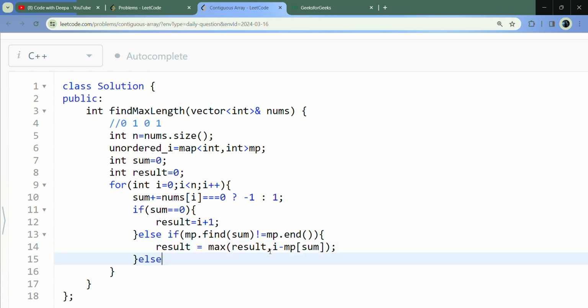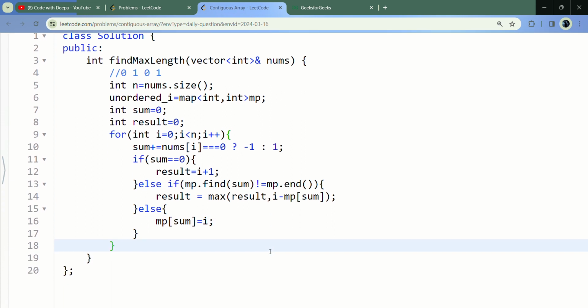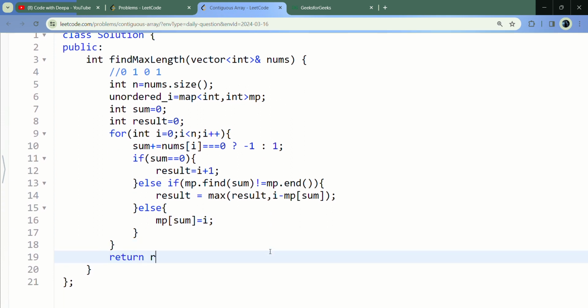अगर ये केस भी नहीं चलता है तो एल्स में मतलब कि सम प्रेजेंट ही नहीं है, तो हम क्या करेंगे, एमपी में सम को इंसर्ट कर देंगे, जो कि आई के बराबर होगा, कि एमपी में वो सम कहाँ मिला मुझे, ith इंडेक्स पे मिला। उसके बाद कुछ नहीं करना है, एट लास्ट मुझे रिटर्न करना है अपने रिजल्ट वेरिएबल को।